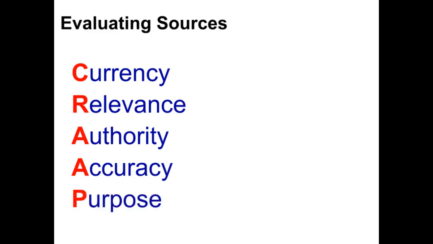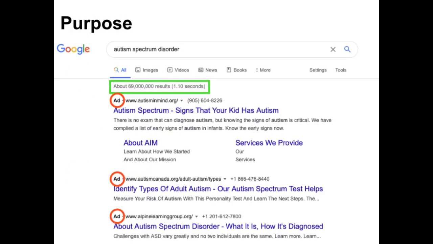Finally, what is the purpose of the information? Is it to inform, teach, sell, entertain, or persuade? Do the author/sponsors make their intentions or purpose clear? It's not unusual for a website or even a book to appear to be informative when its real purpose is to sell you a product. Although these sites are identified as an advertisement, this only means that they pay to have their sites listed at the top of the results.